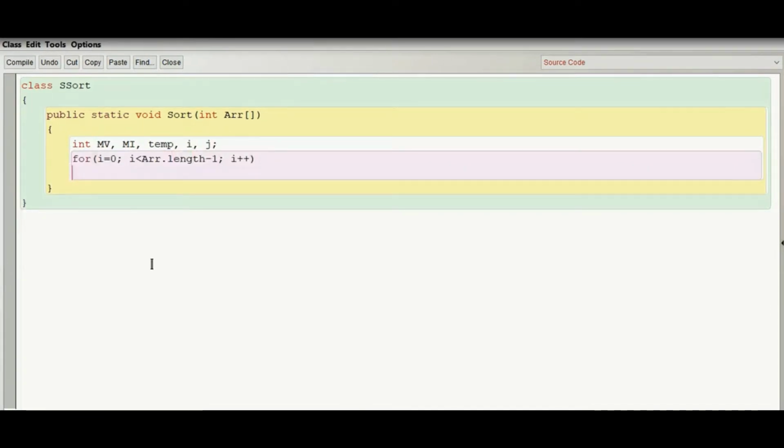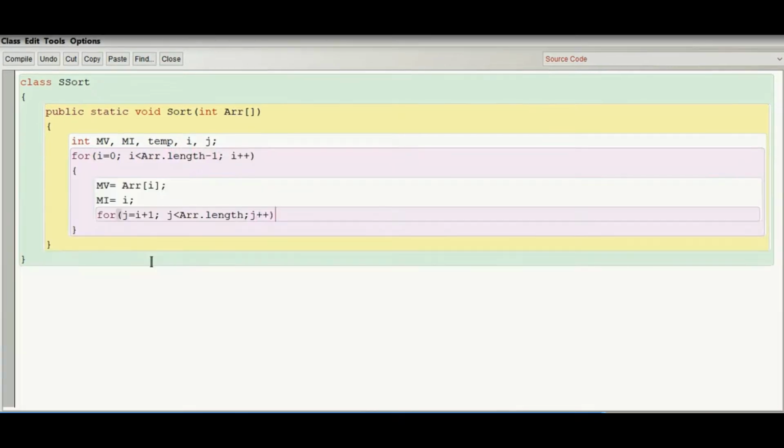So now the array comes as an argument. I'll write the for loop: i is equal to 0, i is lesser than arr dot length minus 1, i plus plus. j is equal to i plus 1, j is lesser than arr dot length, then j plus plus.